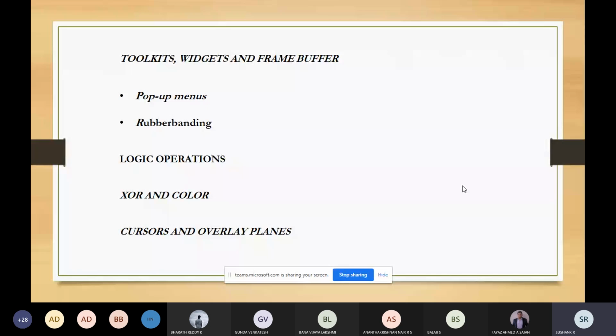So what is this non-parametric form? With respect to dimension is the parametric form; when the measurement is in terms of the reference frame, then the representation is termed as non-parametric. Here we have the function f of x, y, z is equal to 0, or z is equal to a function of x comma y. This is a representation of a surface in the non-parametric form.